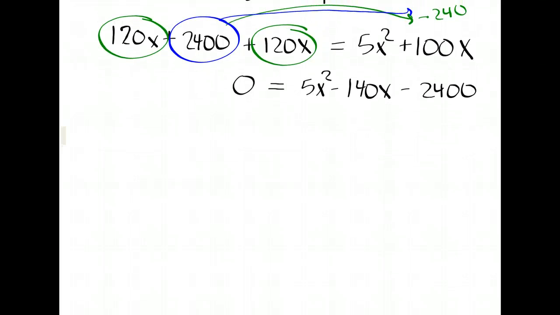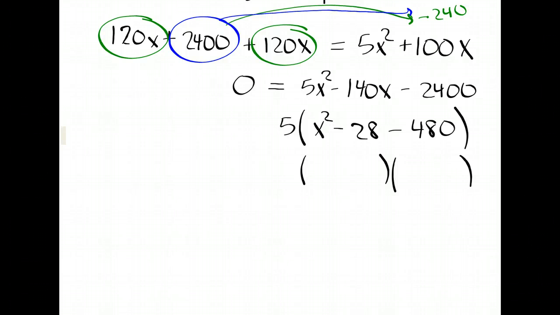So now my quadratic is set equal to 0. I notice right away that I can factor out a 5, so I do that. Factor out a 5 from everything, and I'm left with x squared minus 28x minus 480. All right, and then this actually factors. Yeah, thank you, 28x. So the factors of 480 that have a difference of 28 are 4